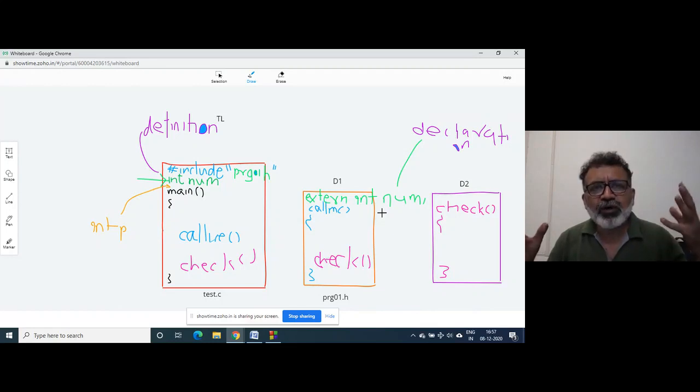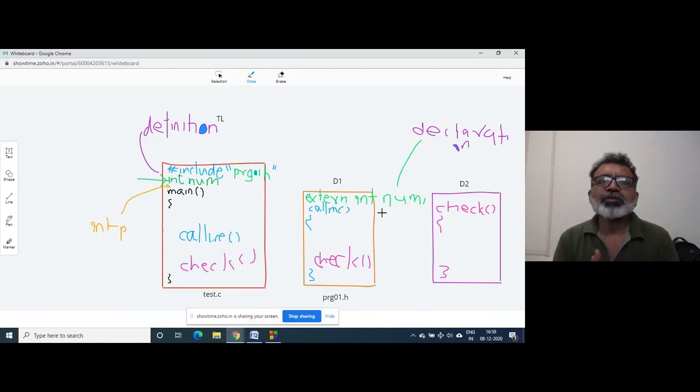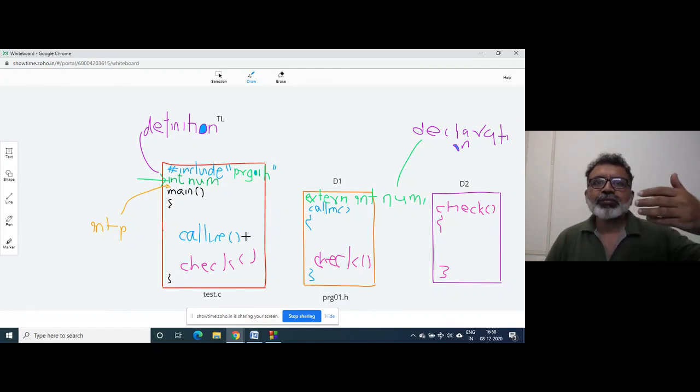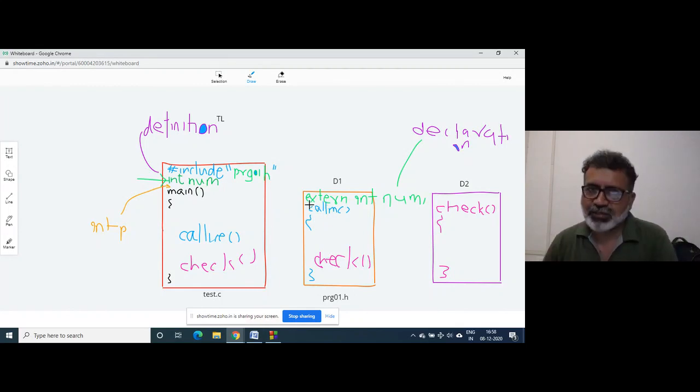He has provided all facilities to the programmer, thinking about all permutations and combinations. So if you want to give access to another function in another file, then he told us to attach the keyword extern.